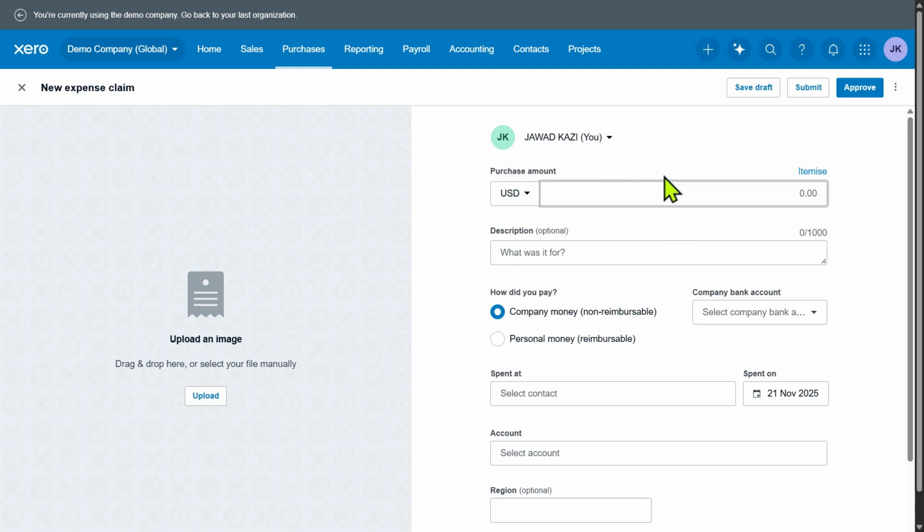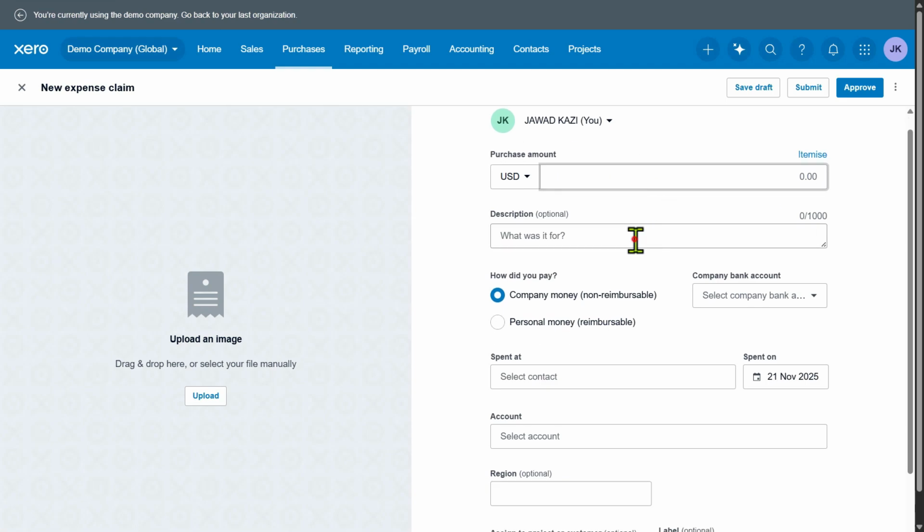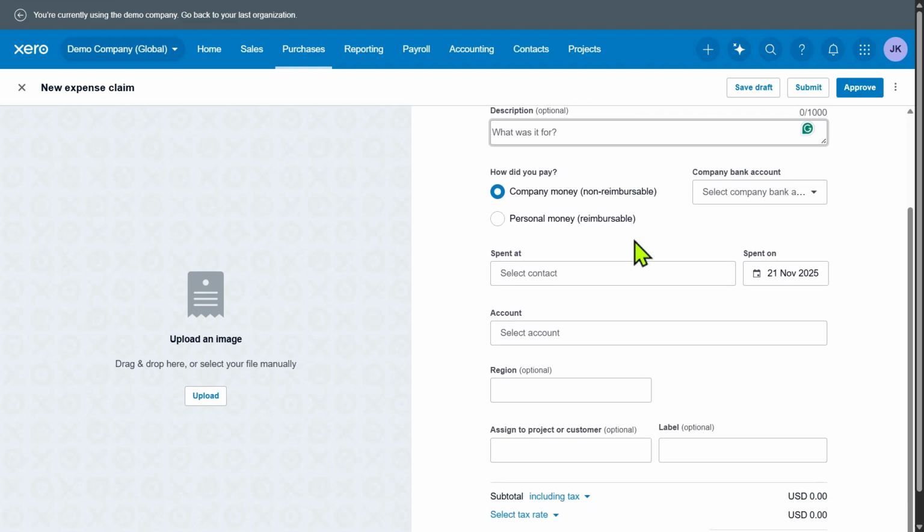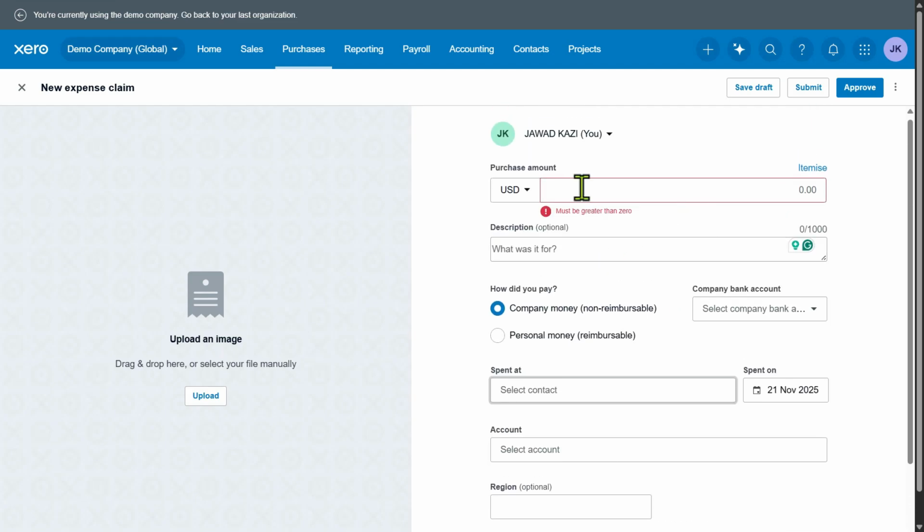Once the amount and account code are entered, the claimant must look for the Assign to Project field within the expense line item. This field will only appear if the project module is active. From the drop-down menu, the user must select the relevant client and then choose the specific project name associated with that expense. They can also select whether the expense is billable or not, which determines if it will be included